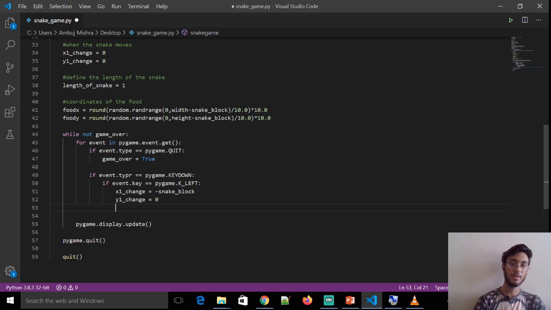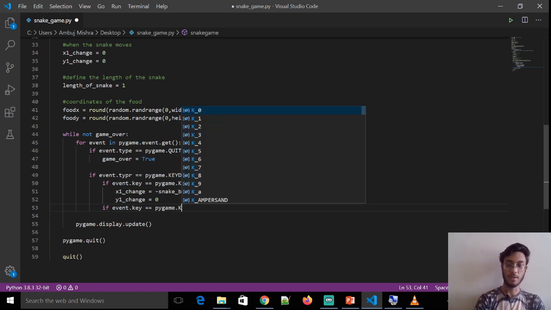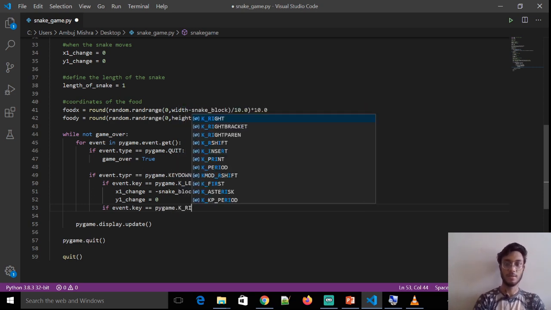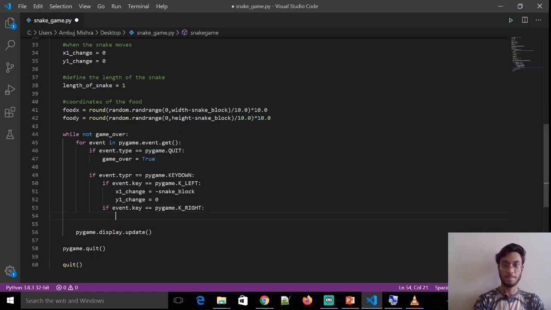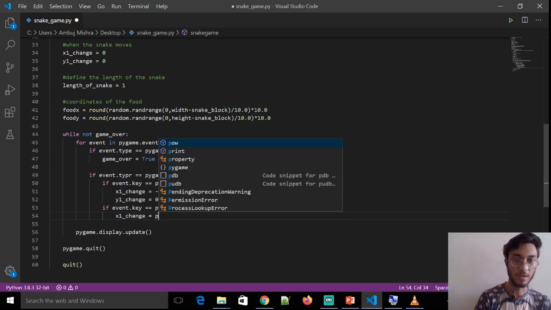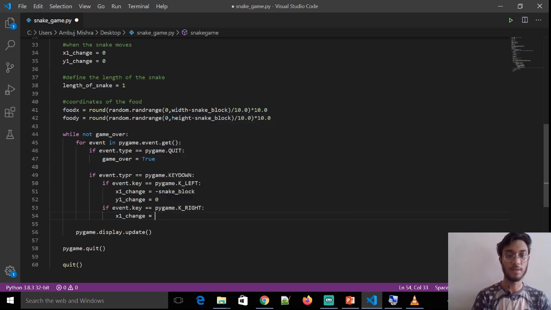In the same way, if event dot key is equal to pygame dot K underscore right, then in that case the x1 coordinate will be changed to plus snake block.